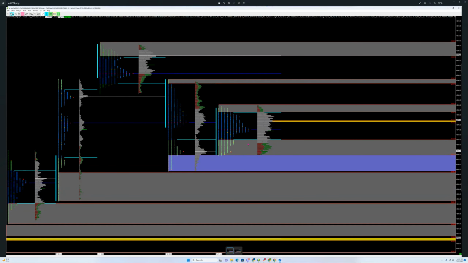This is just thick all the way down. All these are unfair pricing. I just distinguished this with the blue color because we were inside day on Friday. So this is the non-inside day. This is the single prints from the 20th. Friday was an inside day, and so that has an important area. That's why I highlighted it in that light blue.